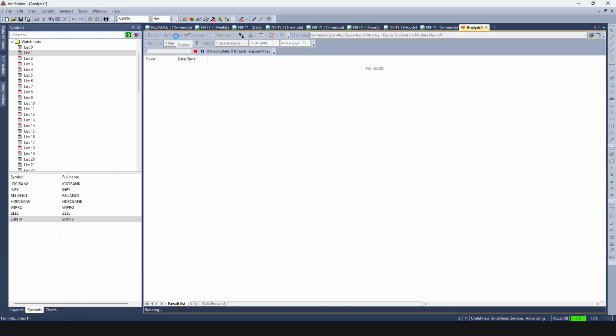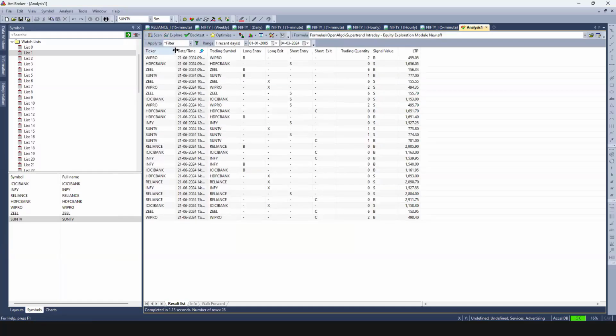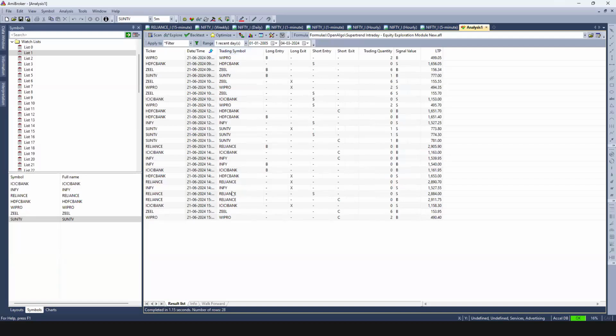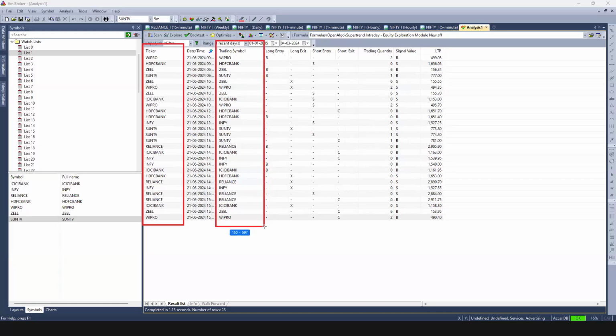If you simply press explore, you should automatically see the list of trades that happened very recently. If it is today's session, maybe more and more symbols will be coming over here. And this trading symbol here, there are 2 symbols you should be aware of. One is the data feed symbol. What you are seeing over here is the data feed symbol. And there is also another symbol. This symbol section is the OpenAlgo symbol section. So obviously your data feed symbol